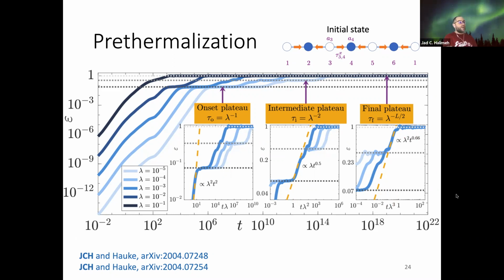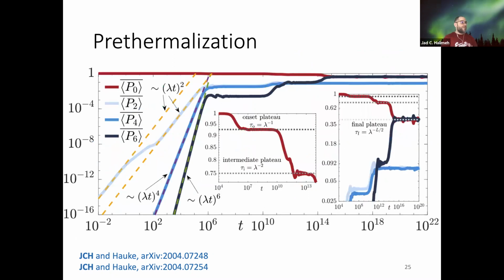All right, let's try to see this pre-thermal behavior in other observables. If we look at the projectors onto the gauge invariant supersectors, here P0 is the Gauss's law sector, where I have no violations. P2 means I have 2 violations, P4, 4, P6, 6. You see there's no P3 or P5, and this is because H1 does only even breaking. So if you break one constraint, you have to break the neighboring one, according to the form of H1 from that experiment. But interestingly, in P0 and P6, you see that they have 3 plateaus as well.